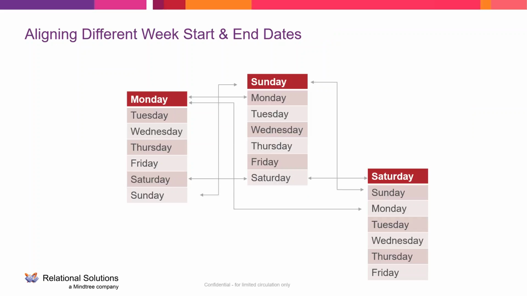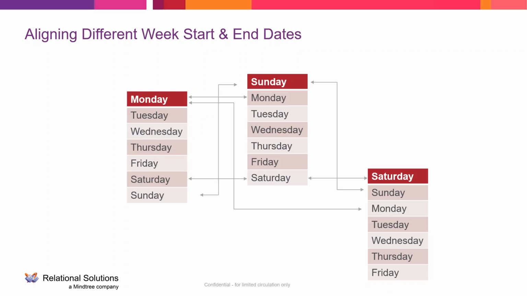On top of that, they have different weekend dates and different start dates. Some retailers have a Monday through Sunday week. Others have Sunday through Saturday. Others have Saturday through Friday. And whatever you have internally may or may not jive with the retailers that are most important to you. But I can guarantee they won't jive with all the retailers because there are just many different options for different weekend dates and different start dates.